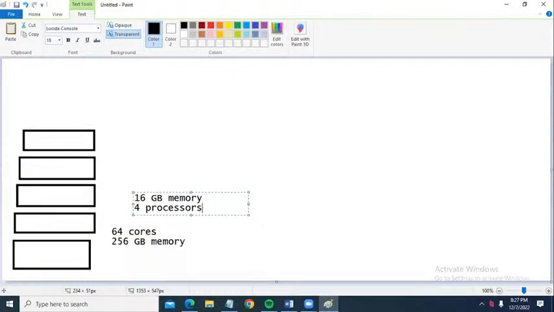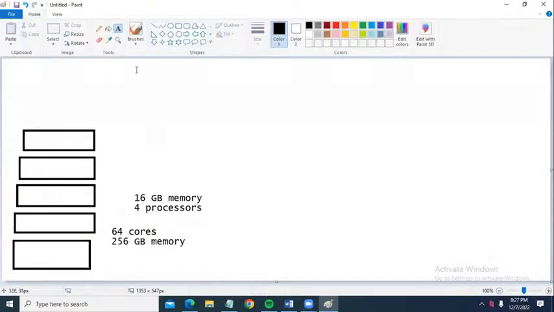No, it is not possible. This is in case of your personal laptop. If my application is consuming only this much, all my resources are wasted. So to overcome this problem, what I can do,